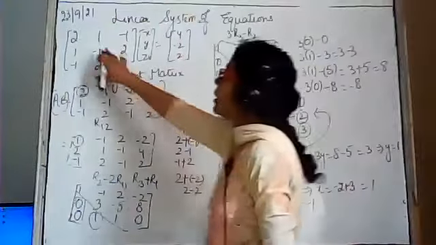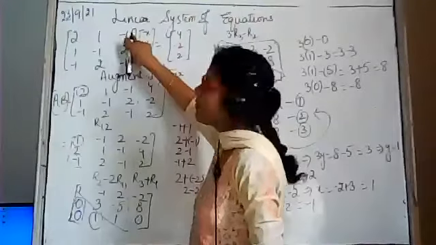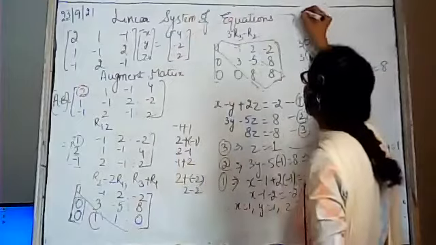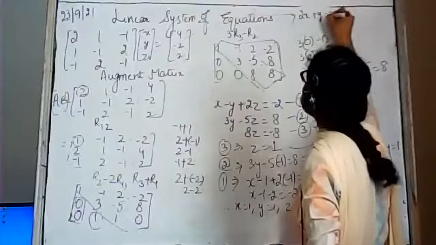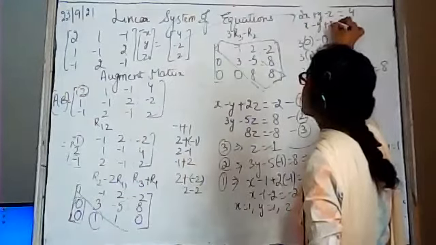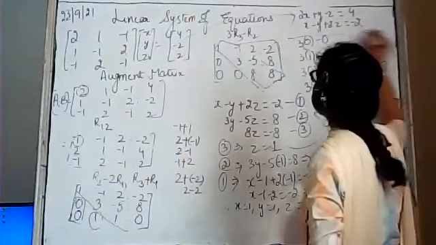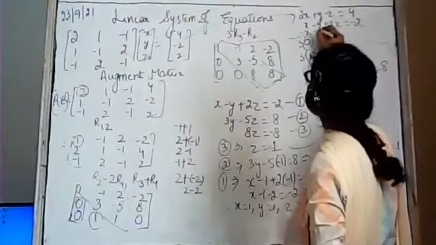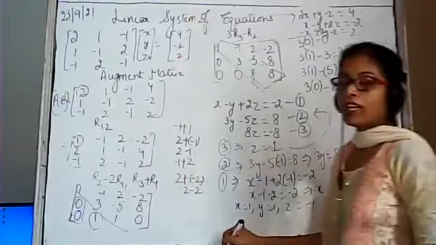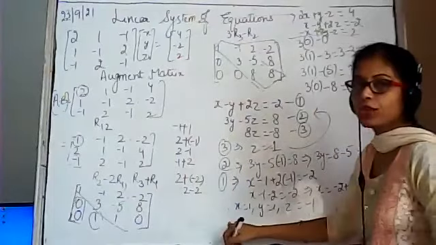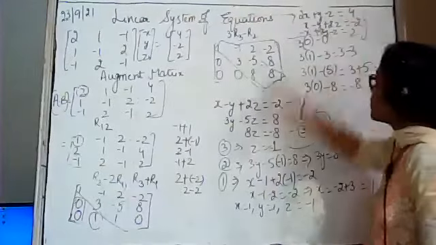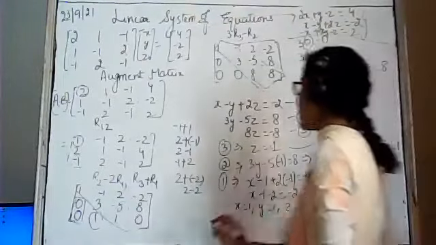How can we check it? See, this is our matrix form. If you again find the equation form, this matrix can be written as 2x plus y minus z equals 4. Similarly, x minus y plus 2z equals -2. And last will be minus x plus 2y minus z equals 2. Whatever the values of x, y, z, you can substitute them in any of these equations. Put the values in any one equation. Suppose we put them in this one.